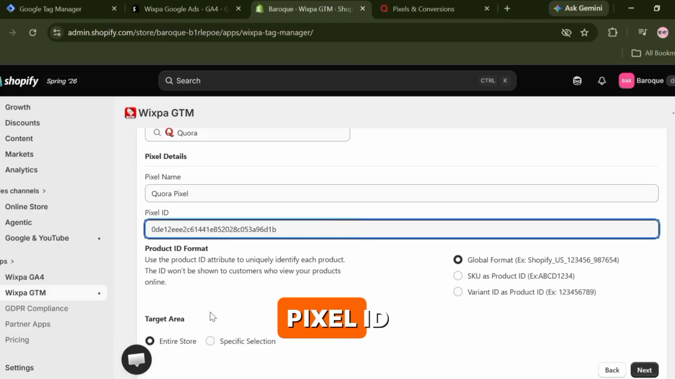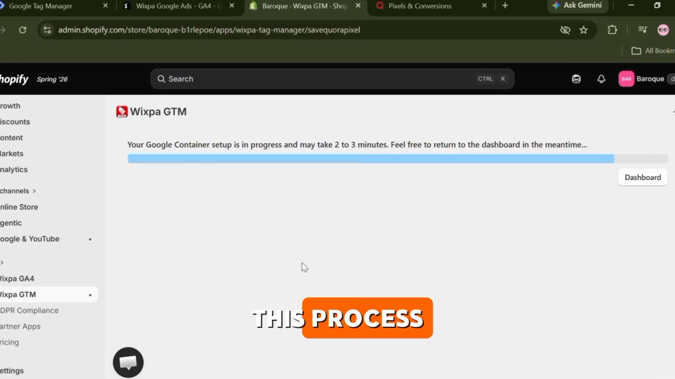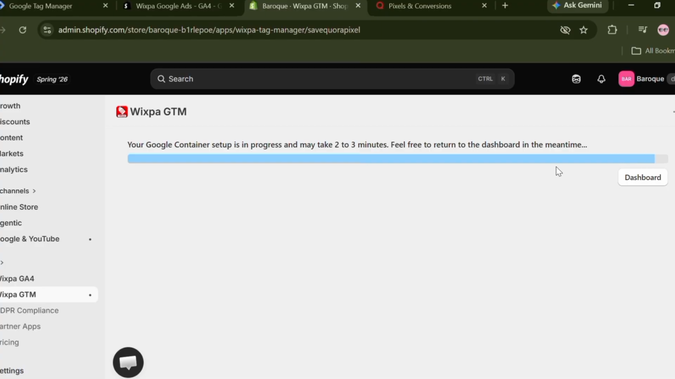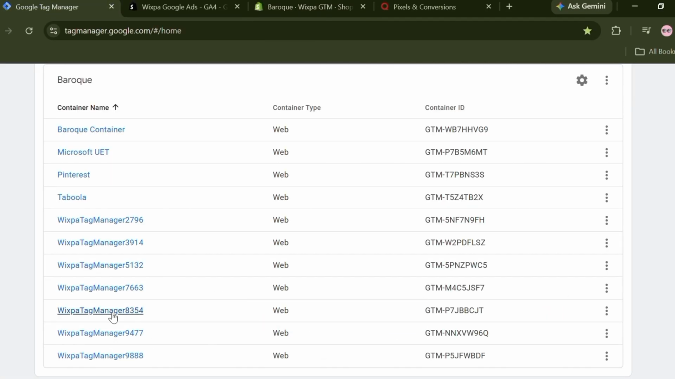Add Quora Pixel ID, leaving the remaining settings on default. Click Next. This process will take some time as data needs to populate. After completing the setup, go to Google Tag Manager, open your newly created container, and you can see new data